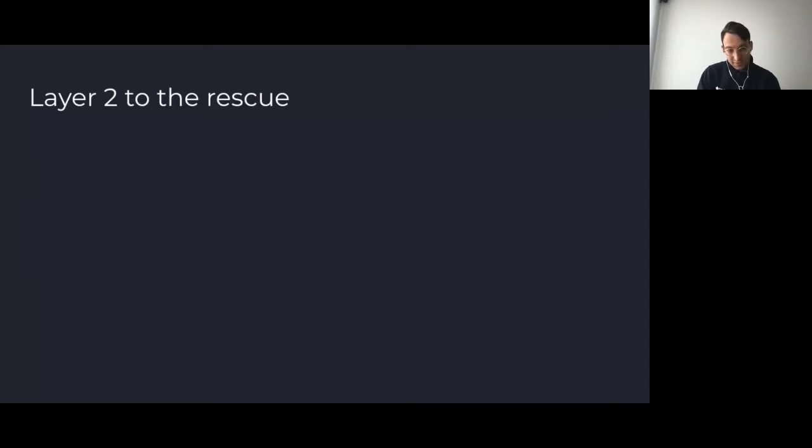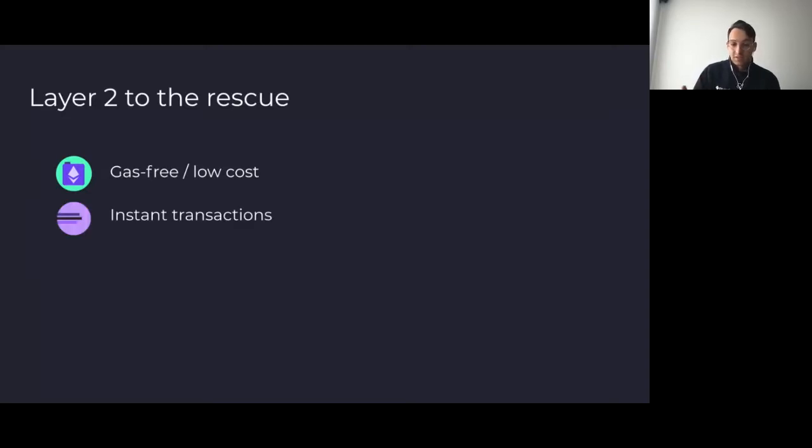But over the last year, layer 2 has emerged. Generally, layer 2s are a combined term for multiple scaling technologies that allow Ethereum to scale and have a lot of benefits from it. Layer 2s, as I mentioned, can be much lower cost or gas free. They can have instant transactions, so none of that waiting around for 2-3 minutes for your transaction to maybe succeed, which again is much closer to what people expect to see. It inherits the security of Ethereum, which is one of the key reasons why we're talking about layer 2s and not just going to a different chain, which is an obvious solution to this problem.